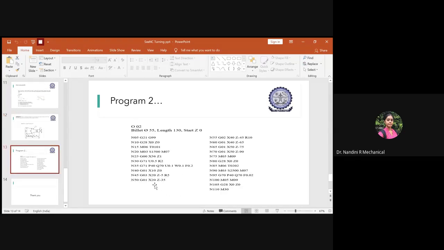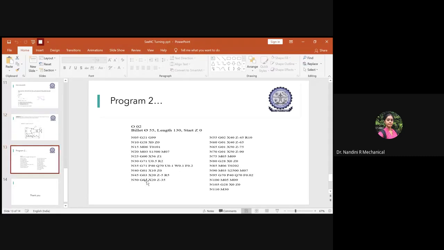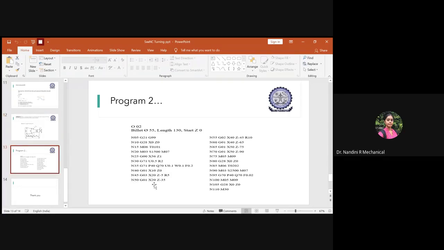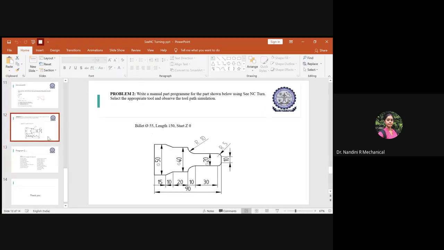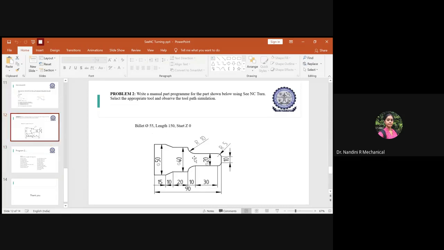After that, we have to go for the next step. The next step is a linear interpolation. You don't have any curvature, and hence you type the linear interpolation as G01. Even though it is linear interpolation, it is maintaining the same value of X, which is 20 mm. So in linear interpolation also, X will be equal to 20. But the value of Z changes, because Z is now moving in the same direction. It was -5 initially, and now -30 is added, so it becomes X20 and Z-35. Now the tool is at this point.